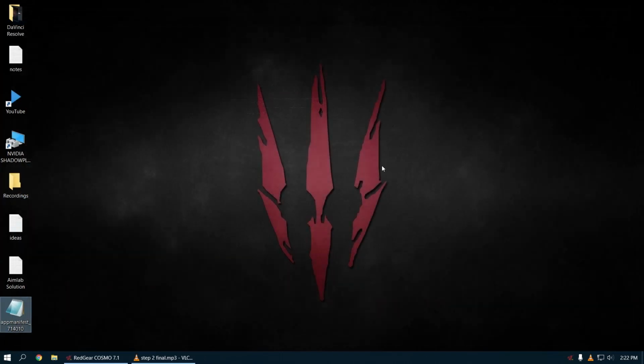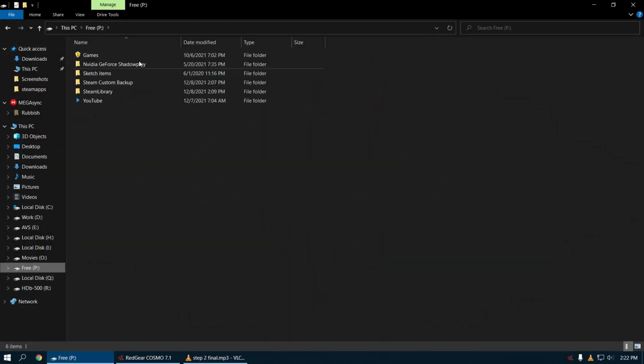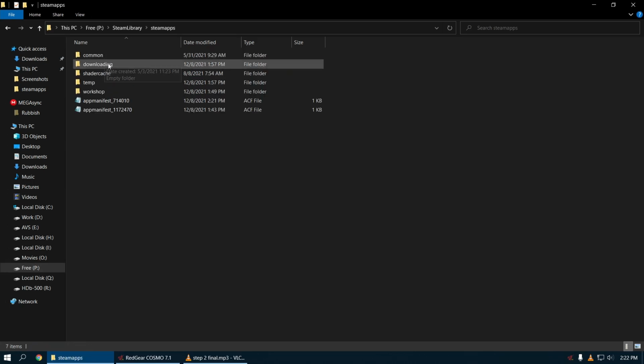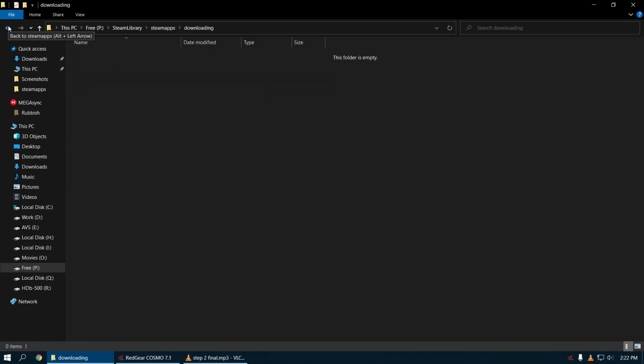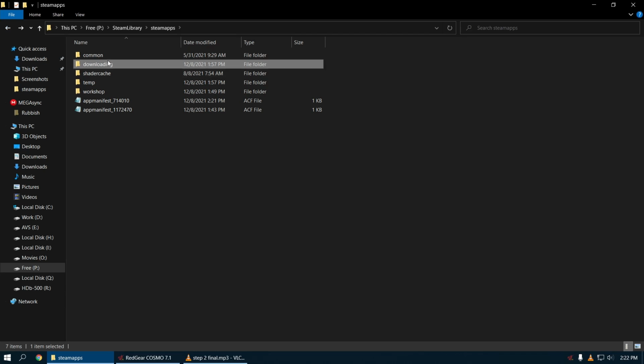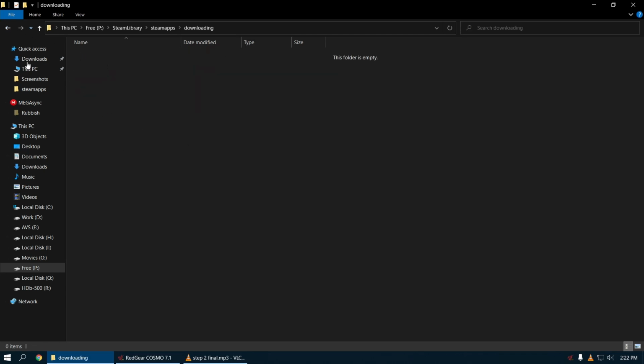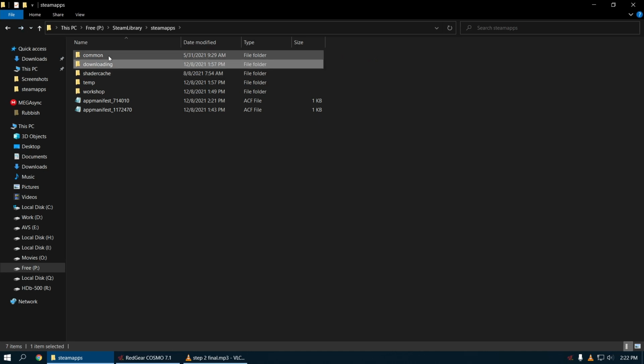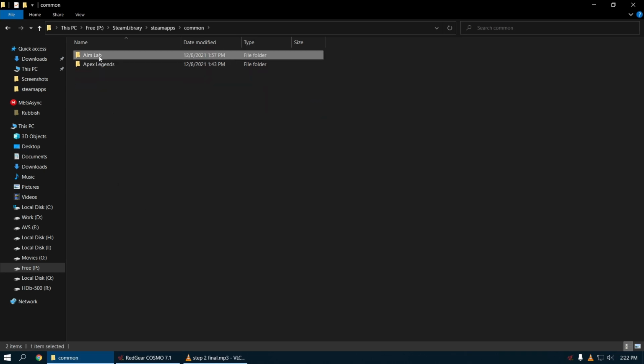Now, open the downloading folder in the restoring Steam apps folder and delete its content. Just check the app ID number before deleting anything. I hope you are not downloading any other game or update when you are doing this restoration. Otherwise, check carefully with the app ID number we got. Deleting these files is necessary for Aimlab in my case to avoid re-download. So check carefully. Once again, check the Aimlab folder and its size in the common folder before we enter the final phase.